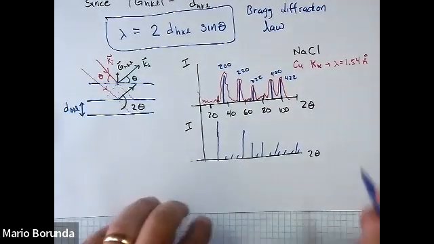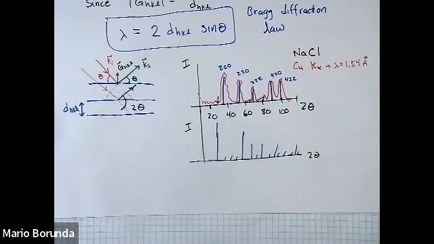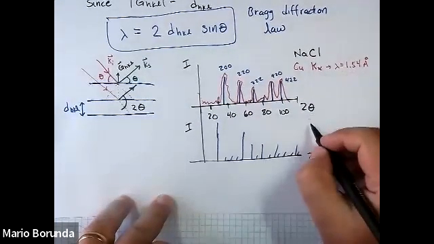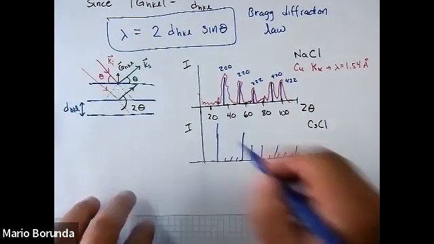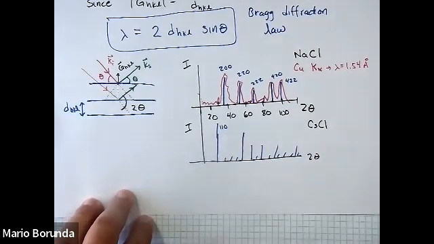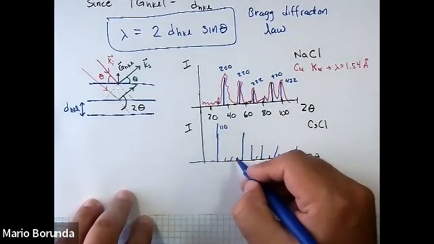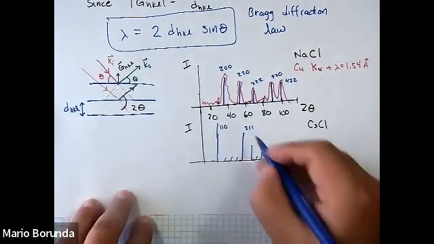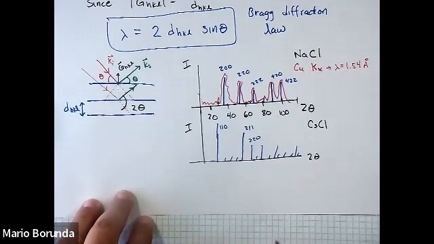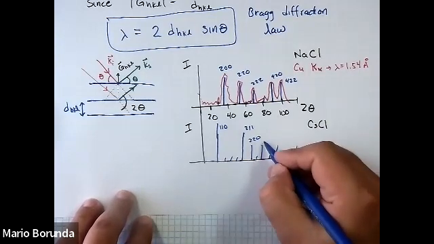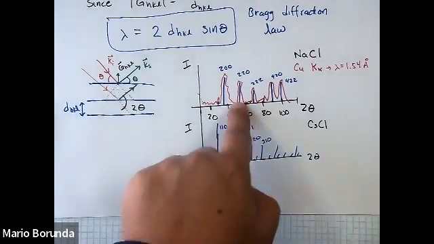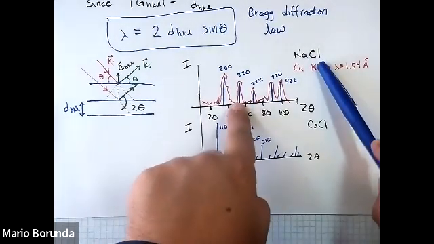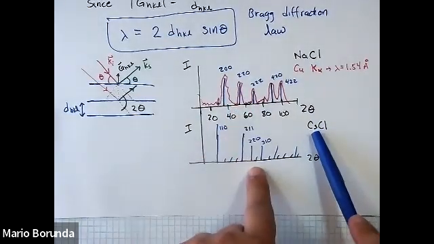So it turns out that this would be the case for, so this is sodium chloride, and this one would be cesium chloride. And according to the simulation, this is the 110 plane. There's 3 little ones, and then the 211, 220, 310, and so forth. So now, these are not the same exact structure, right? But you can see that the 220 for sodium chloride is up here, whereas the 220 for cesium chloride is